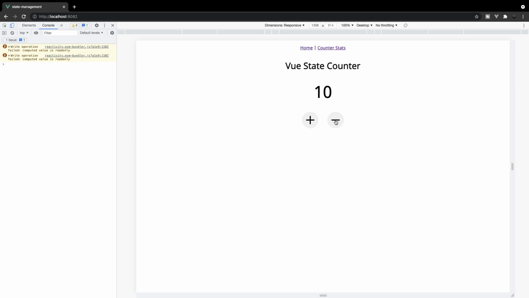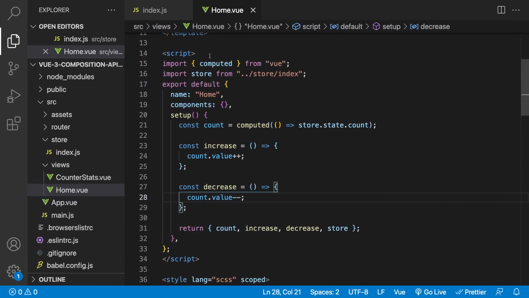So what we need to do is, if you're familiar with Vuex, to update state, what you do is you run a mutation. So let's go ahead and create some mutations to update our count state right here whenever we click the plus or minus button here. Okay, so back inside of our project here,